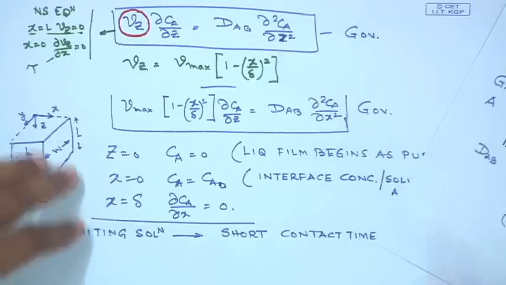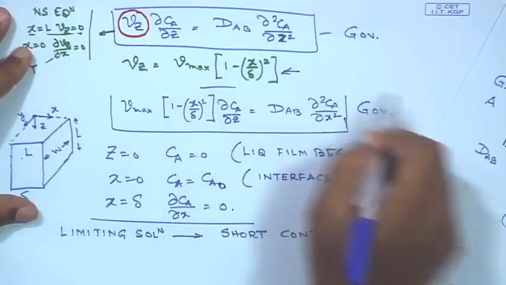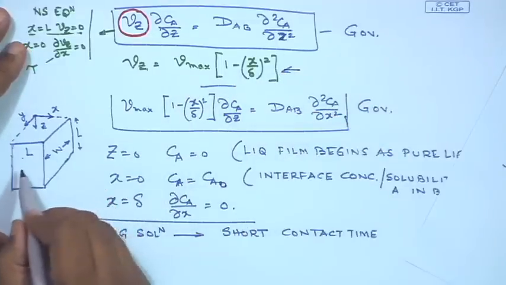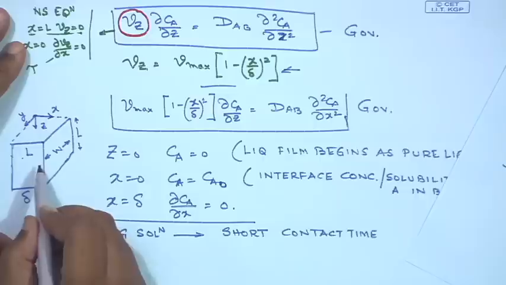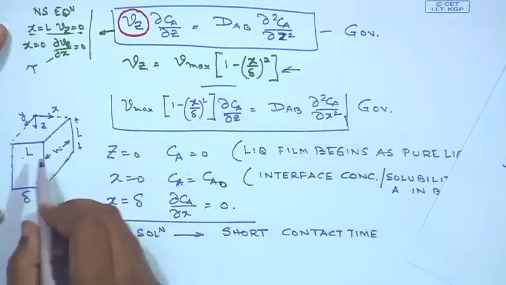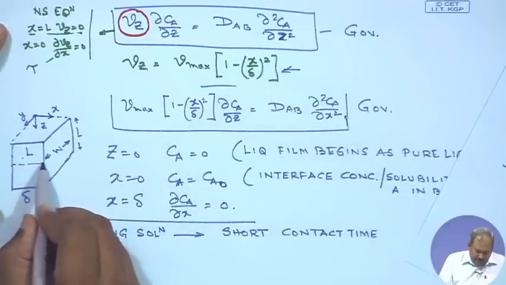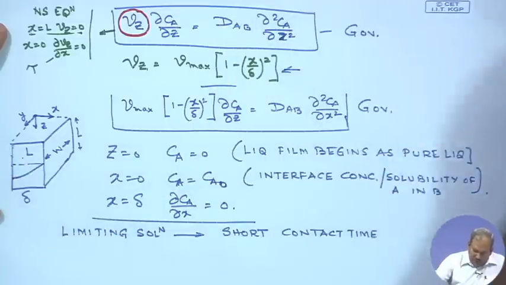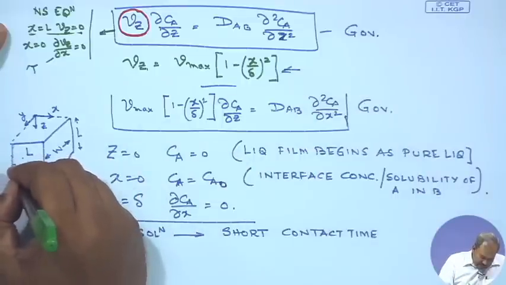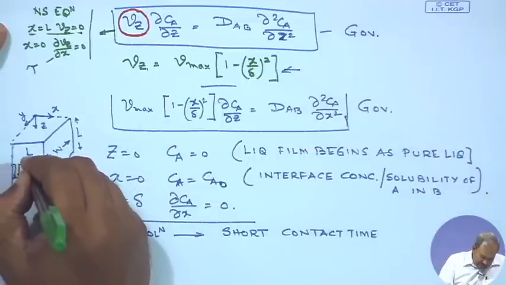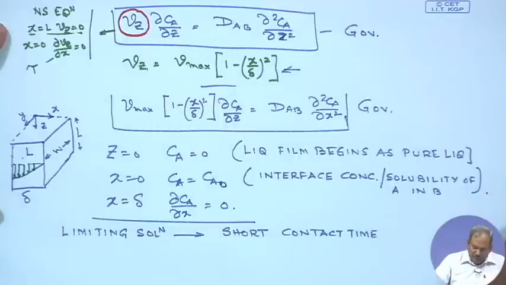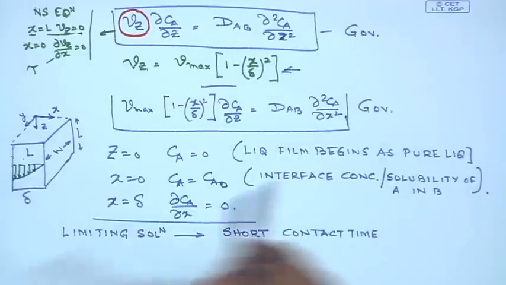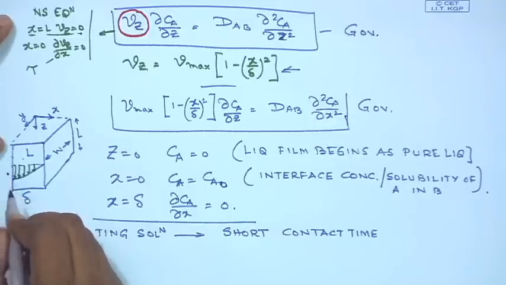So, what is the velocity profile going to be? The velocity profile would probably look like this. This velocity profile is definitely a parabolic velocity profile. So, it is something like this. So, the velocities are going to be this, a parabolic velocity profile. And if this is the A molecule which can only penetrate a little bit into the falling film,